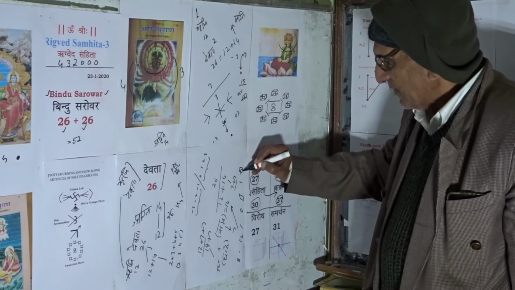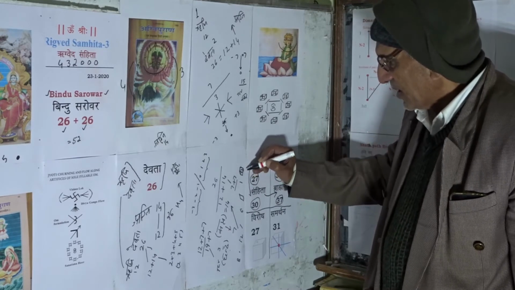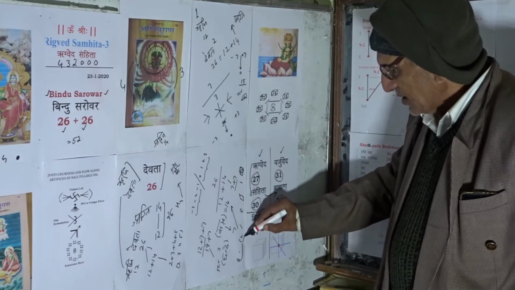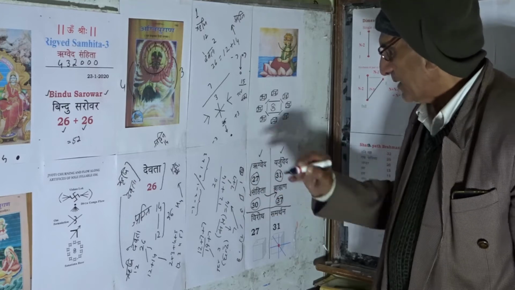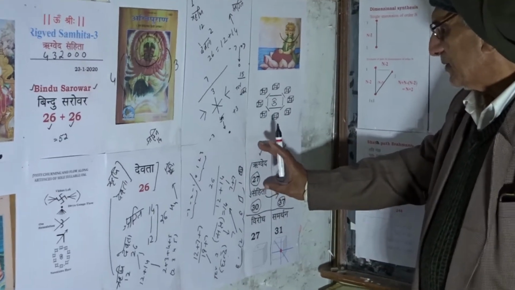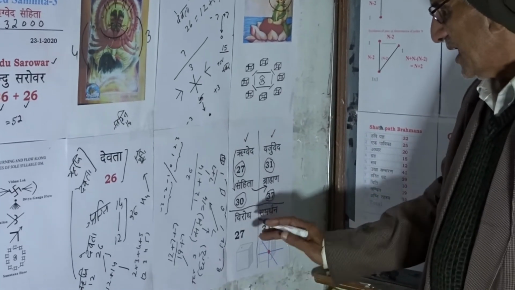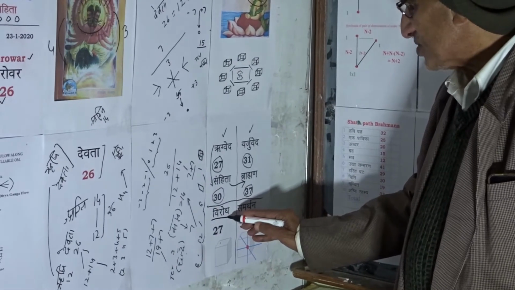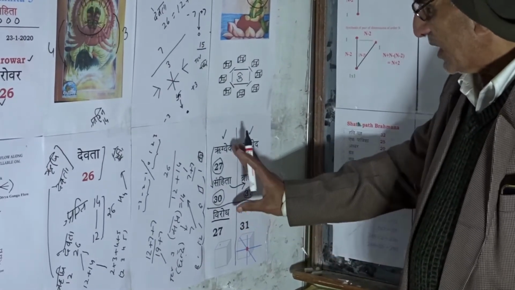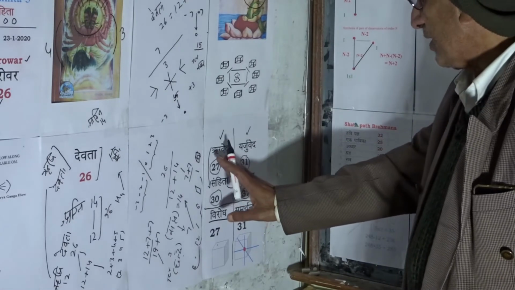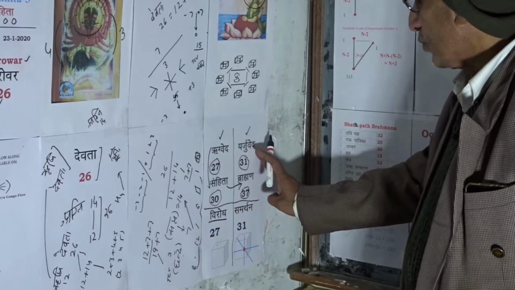See, the summation value of this structural setup is 8 plus 12, 20, 26 and 27. If we had to stop here, then there would have been a virodh, means obstruction. No, we have not to stop here. We have to proceed further and we have to reach at a Yajurved.